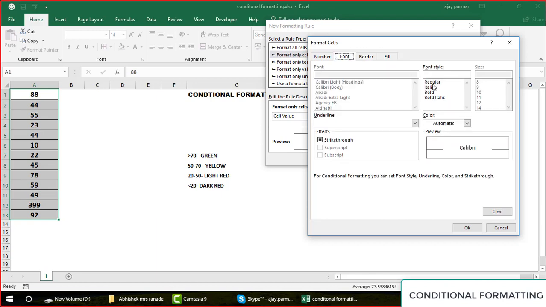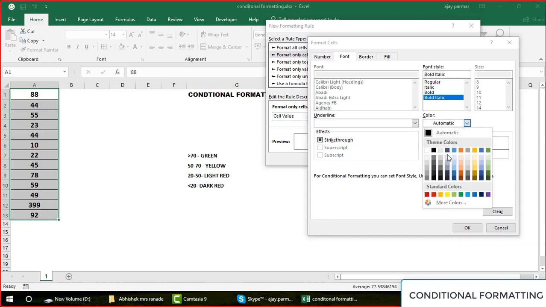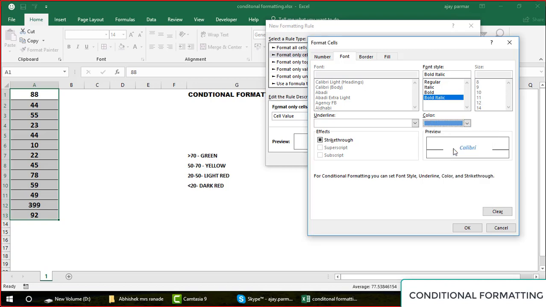Font, you can also go and see that. Maybe you want it to be bold and italic, let's say, right? And then you can choose the font color also, guys. We have already given the green color to the cell background, but this font is for the text, so you can do that as well, right? So let's say with the green, I want to show this kind of a color. Again I'm repeating, we don't do that kind of conditional formatting. We generally focus only on two things. Primarily the main thing is the coloring of the cell, that's it. We don't really give borders and text color, but the options are always there.